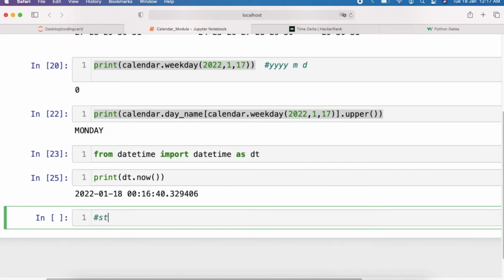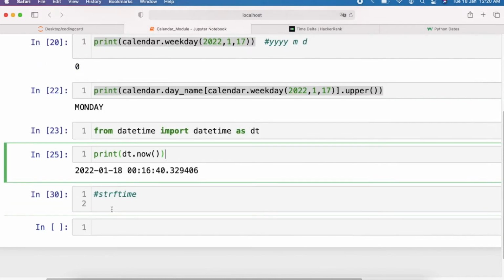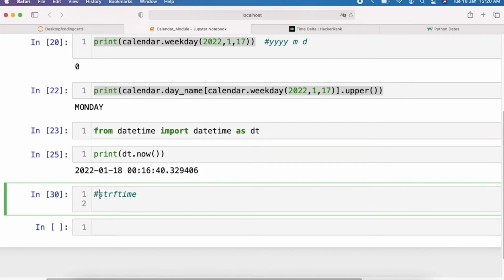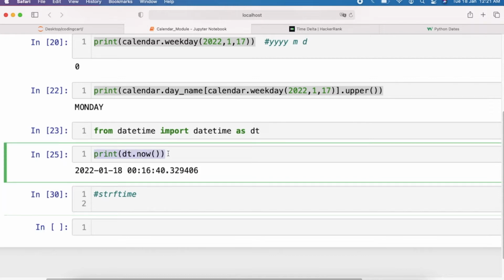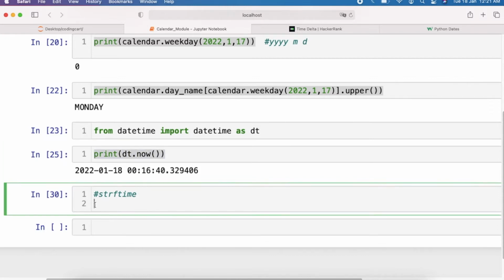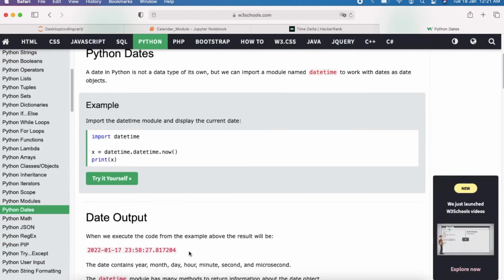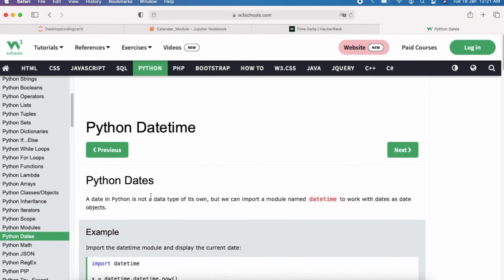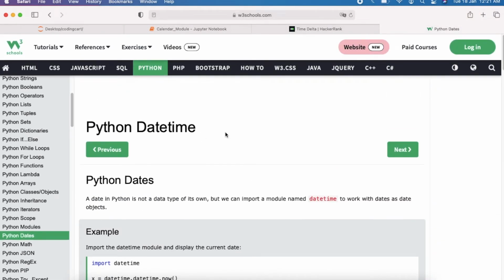The first one is strftime, which means string format time. Let me copy this one and paste it over here. Now we want to get something like the day name. Here I have already opened the Python datetime documentation.